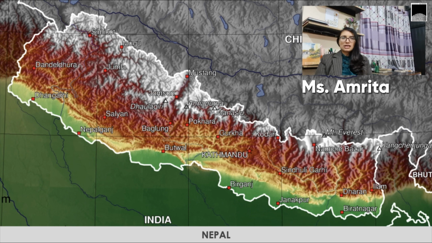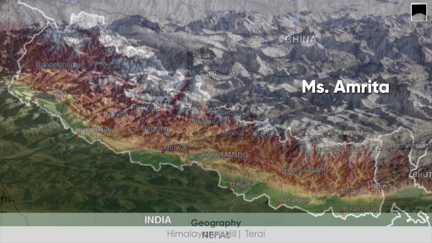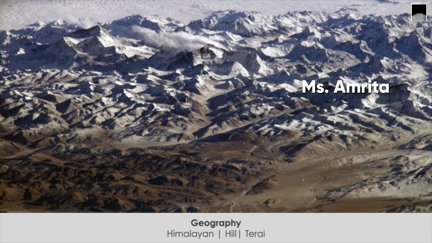Nepal is a landlocked country nestled in the foothills of the Himalayas. It is located in South Asia with China in the north and India in the south, east, and west. The country can be divided into three main geographical regions: Himalayan region, hilly region, and the Tarai region. The highest point in the country is Mount Everest, 8,848 meters, while the lowest point is in the Tarai plains of Kechanakalan in Jhapa, 60 meters.